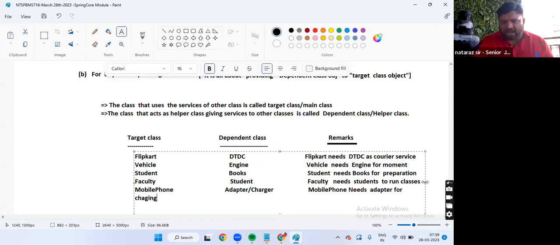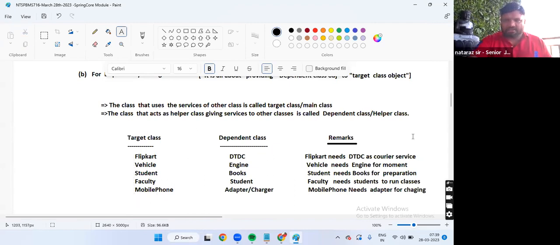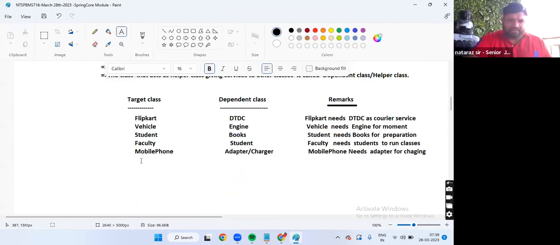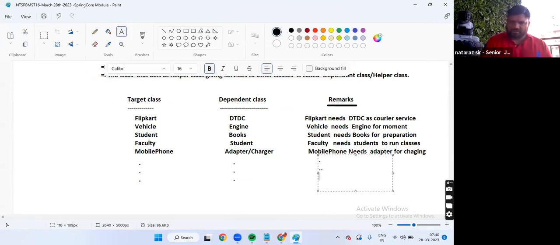Mobile phone needs adapter for charging. Are you understanding, guys? I think you got the clarity. Super. Like this, we can give a number of examples now, boss.